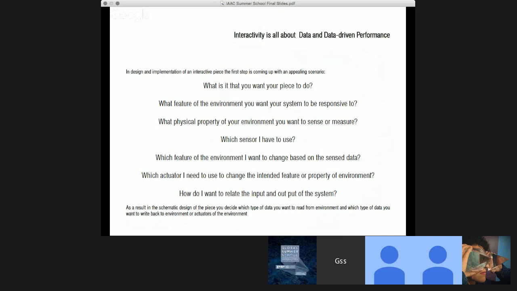Which sensor are you going to be using to measure this feature? Which feature of the environment do you want to change based on the sensed data? Which actuator do you need to initiate such a change? And finally, how do you want to relate the input to the output to make your system responsive?